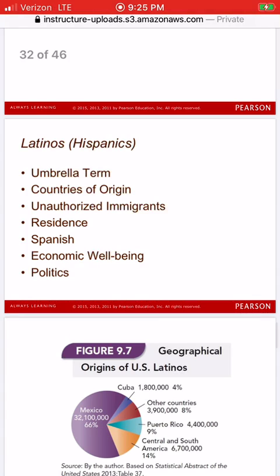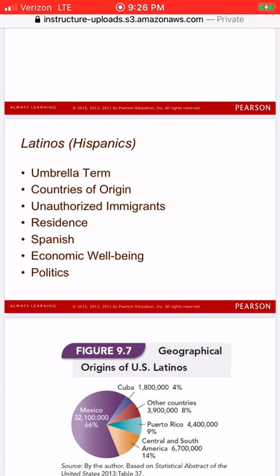All right, let's talk about Latinos. I think this is a term that people are always a little confused about if we're not very knowledgeable within that. I think people get the concept of Latinos and Hispanics a little bit confused here. Latino is an umbrella term that lumps people from many cultures into a particular group. So here we're looking at minorities from Latin America, right?